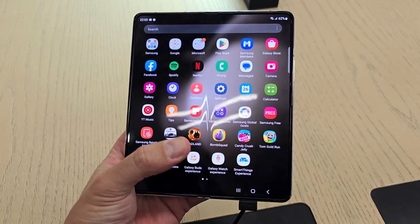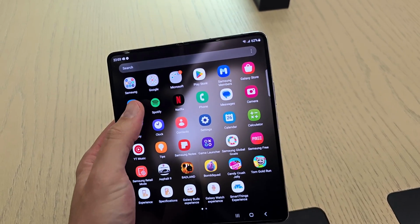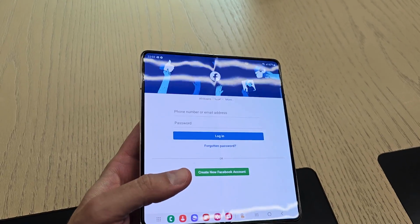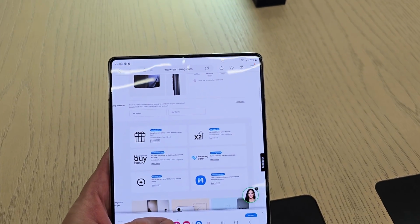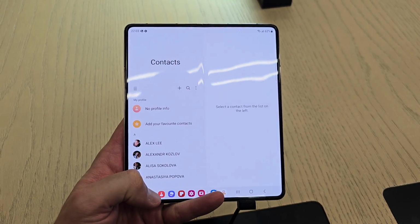The Galaxy S series has been touted by Samsung as the line for cameras, the Galaxy line for cameras. And as a power user myself, I need the absolute best camera on my phone, and that's for both photos and videos. And the second reason is there's no place to house the S Pen, and that's a big disadvantage